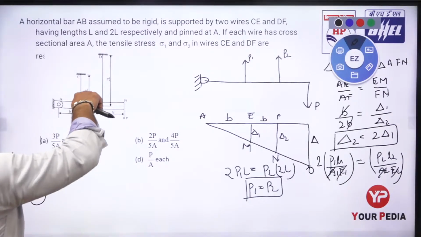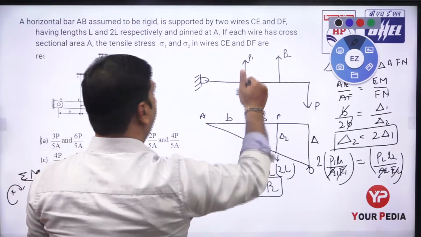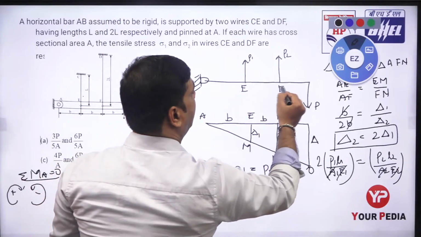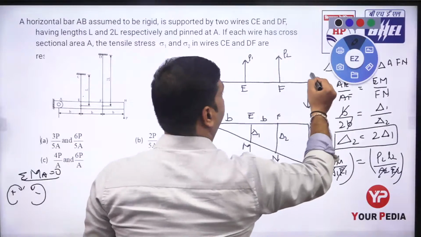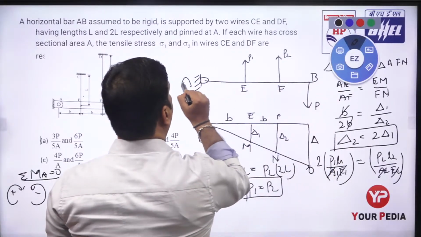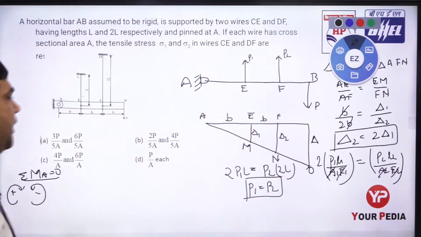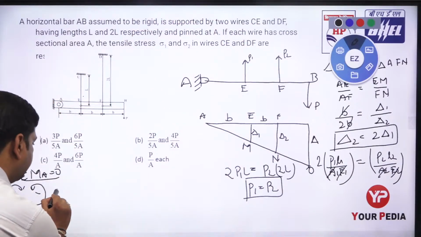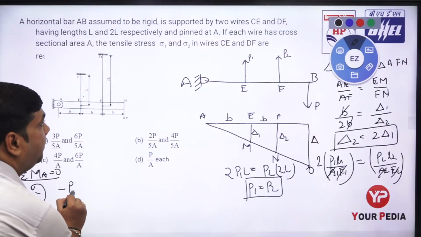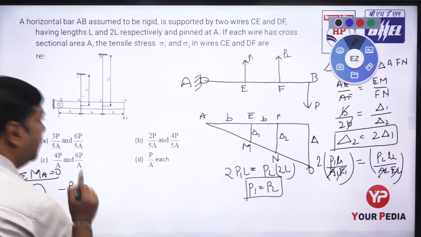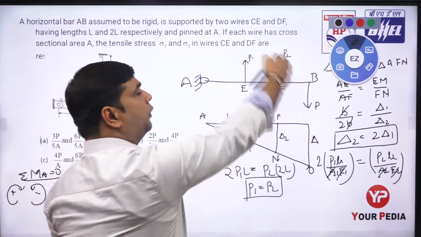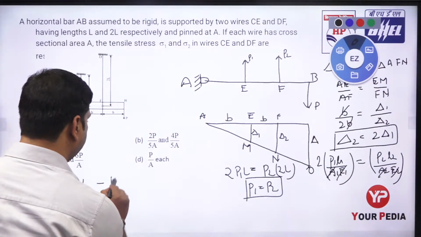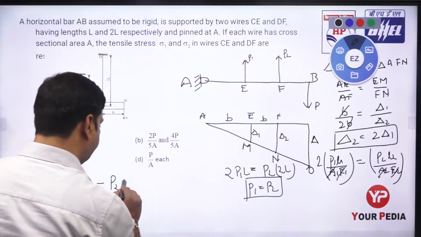From here, you can see these are P1 force applied on point E, P2 applied on F, and P applied on B. And we are taking the moment at point A. So P1 is going to rotate in an anti-clockwise direction, so this is minus P1 into B. And the same thing, P2 is also going to rotate in an anti-clockwise direction, that is again minus P2 into 2B,